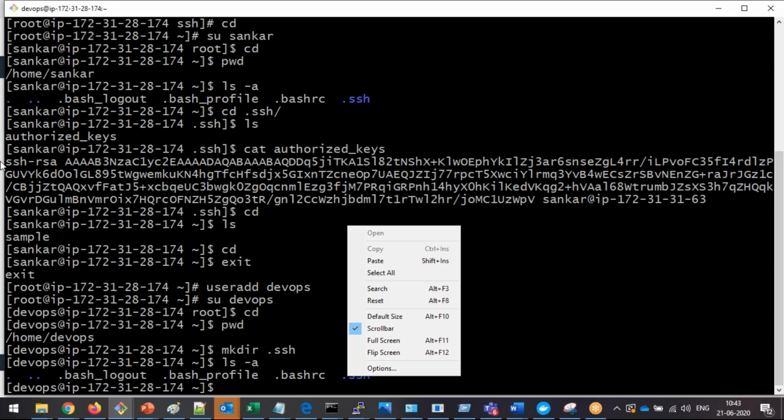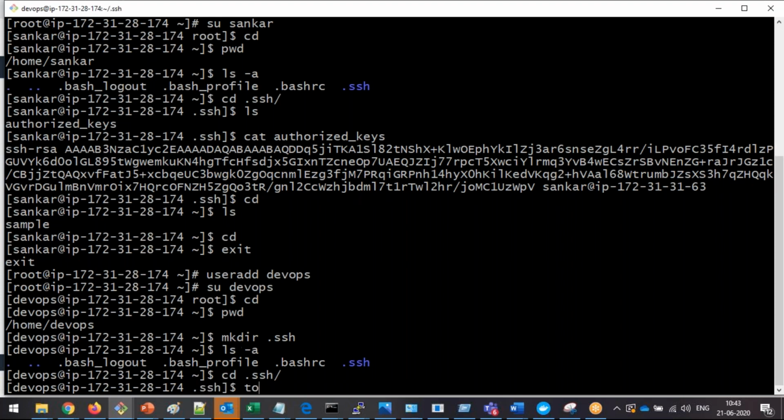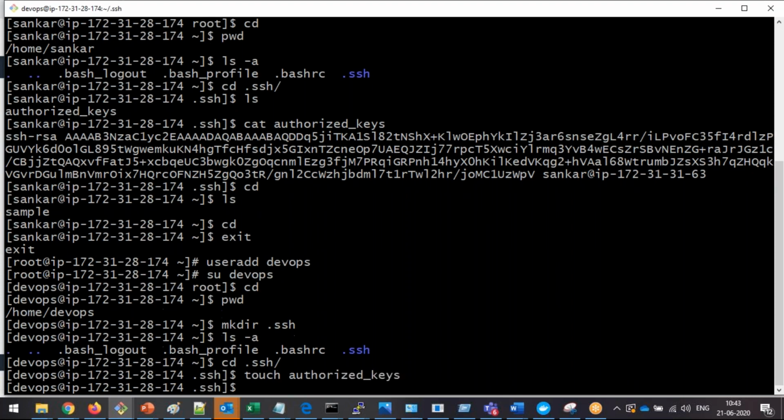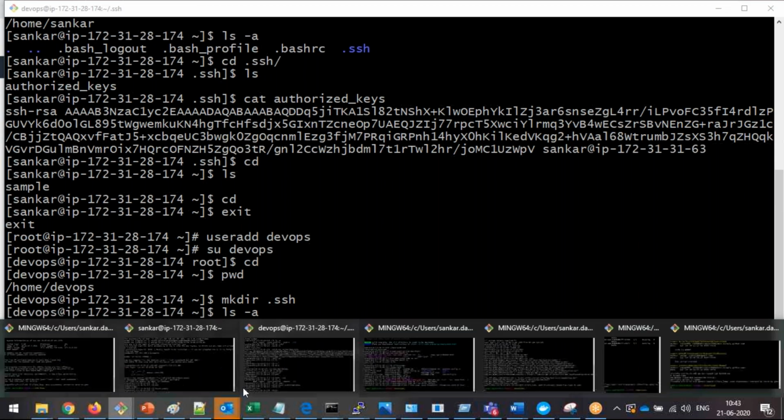Then inside the .ssh, I am going to create a file: cd .ssh, touch authorized_keys. Right, so now inside the .ssh authorized file, whatever public key I have generated on the source,